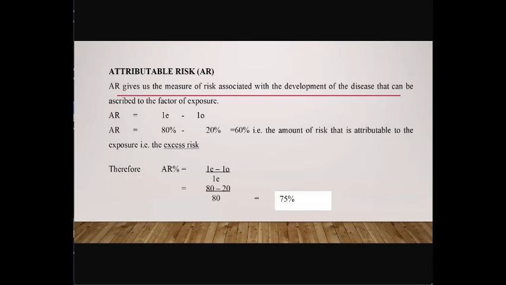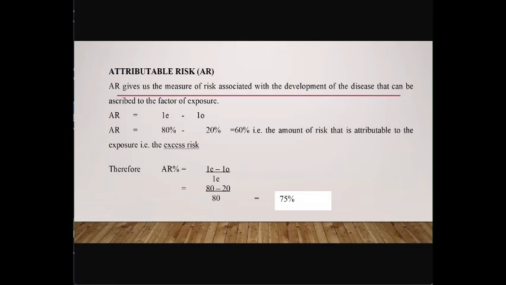That is why we have the concept of attributable risk. So the attributable risk is talking about to what extent, what is the contribution of the so-called exposure factor to the development of the disease? That is what the attributable